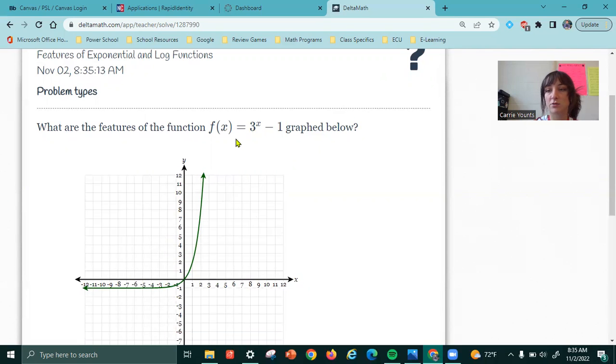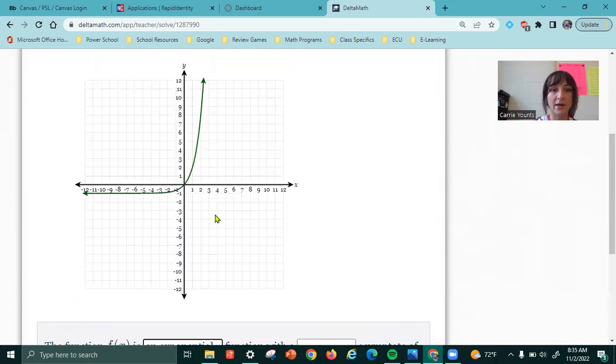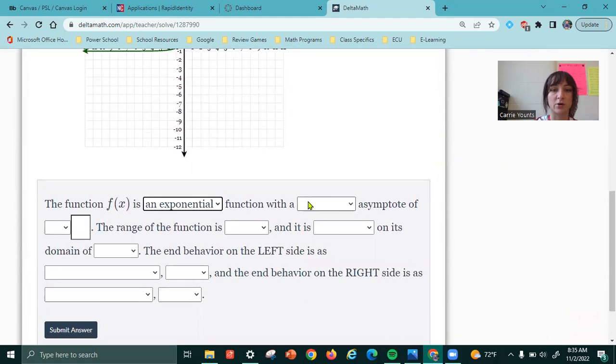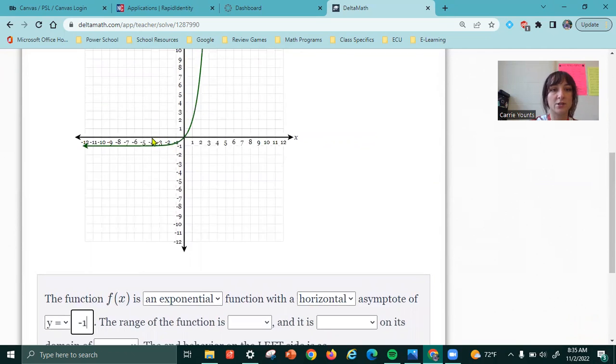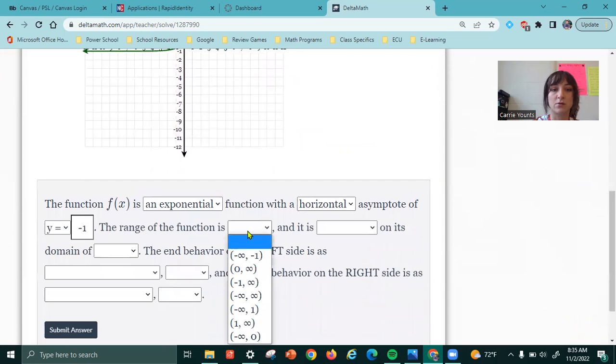So I know this is an exponential function because it doesn't have a log in it. So this is an exponential with a horizontal asymptote at, looks like -1. So y equals -1 because it's going through a tick mark on the y-axis. Horizontal, y equals -1. The range of the function is it doesn't exist in -infinity, starts existing at -1, and then exists in positive infinity. So -1